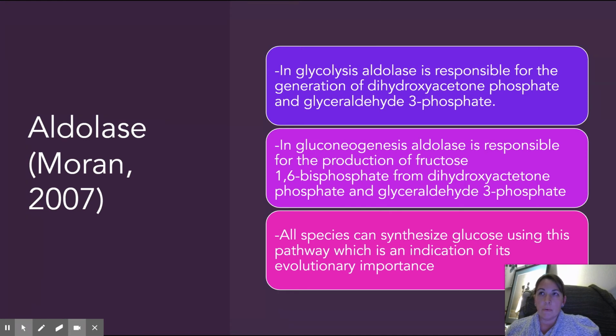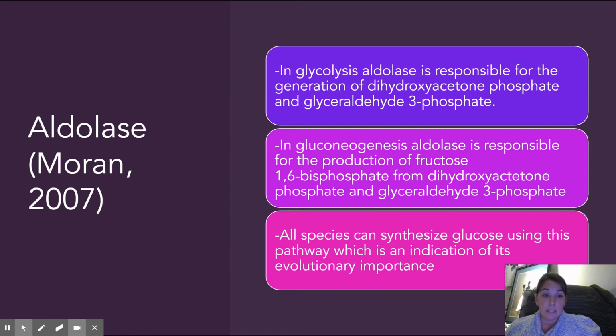And why is it important? In fact, it's so important that all species can synthesize glucose using this pathway. And that really indicates its evolutionary importance. All organisms have an ability to complete gluconeogenesis